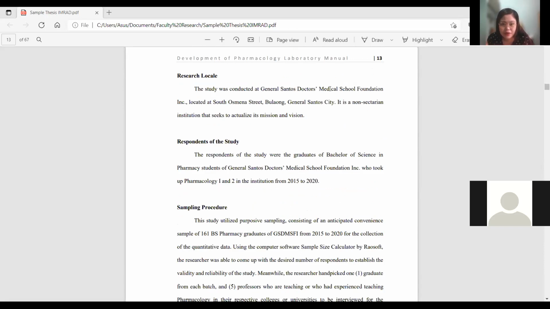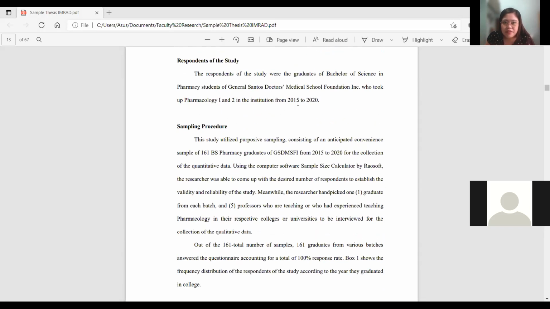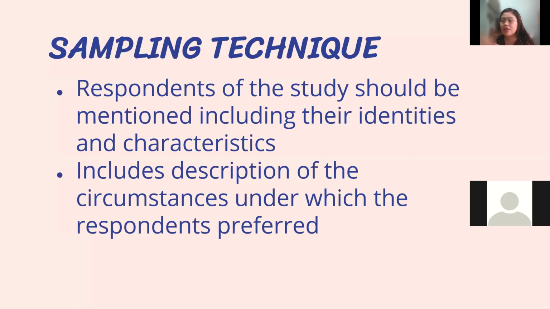The research locale. Okay? The next part will be the respondents of the study and the sampling technique. Instead of sampling procedure, please use the sampling technique. But in some cases, they merge these two. These two, respondents of the study and the sampling procedure, they mix them, and we call it sampling technique. So the header is called sampling technique, and then under the sampling technique, first you will be mentioning